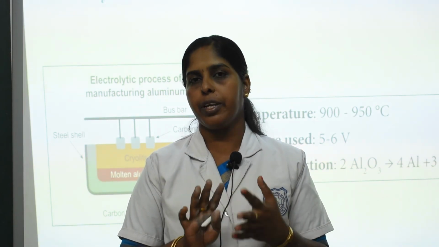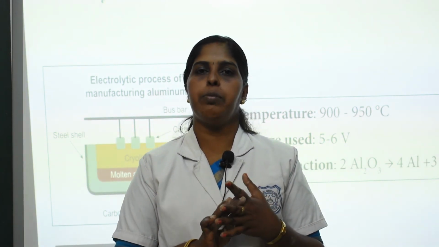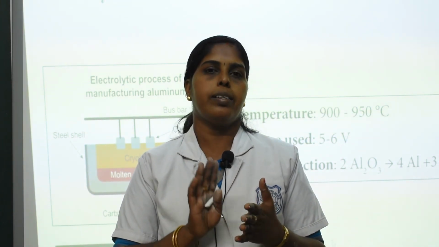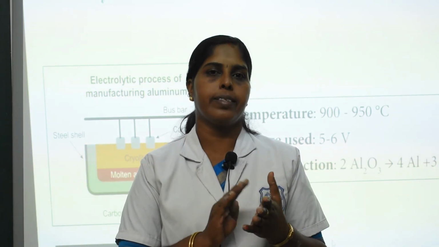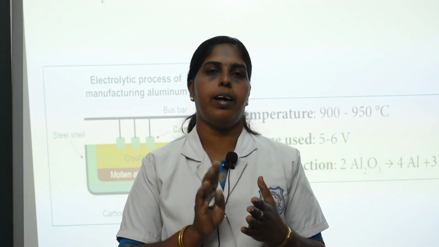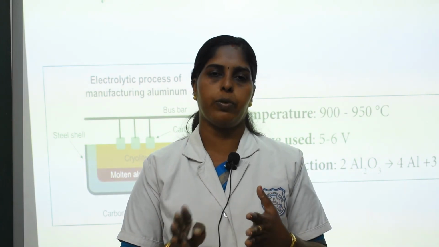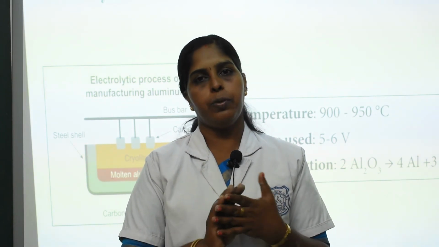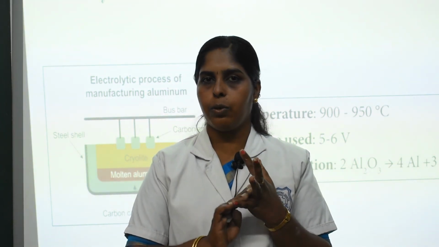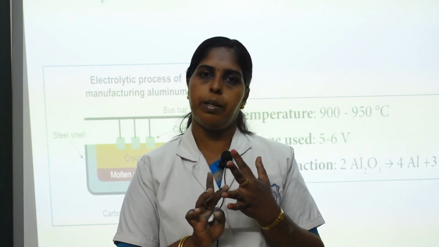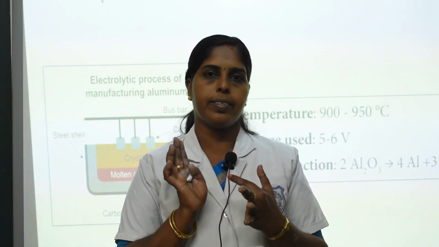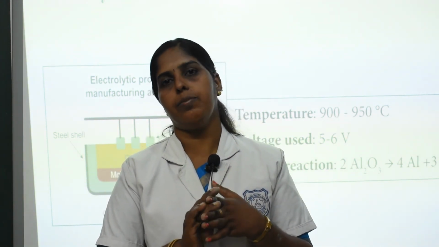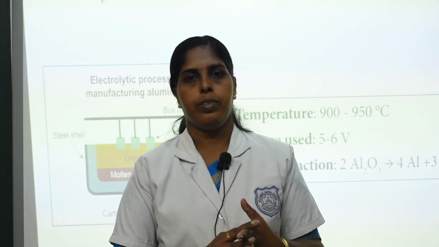Next we see the reducing property of aluminum. Aluminum is a powerful reducing agent. Aluminum is used to reduce iron oxide: aluminum oxide forms when aluminum is treated with iron oxide, and iron is forming from iron oxide. So aluminum is used as a reducing agent. Last we see the uses of aluminum. It is used for household utensils, aeroplanes and making other machinery parts. Next, it is used for electrical cable wires because of its conductivity.